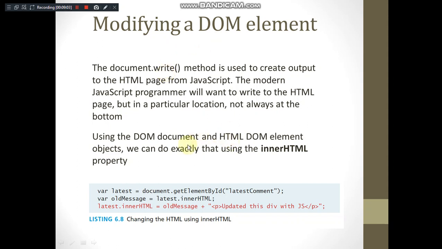So using the innerHTML property, how do we access or change the existing HTML document, that we will see here. What is done is you are accessing the element by document.getElementById. The division is accessed by latest. So latest.innerHTML, the old message, you want to edit it, you want to add a paragraph to this. So this is the way we have concatenated the previous message of the paragraph with the additional paragraph. This way you can modify the content of any HTML document through the JavaScript document object as well. It is directly referring to the entire HTML document.